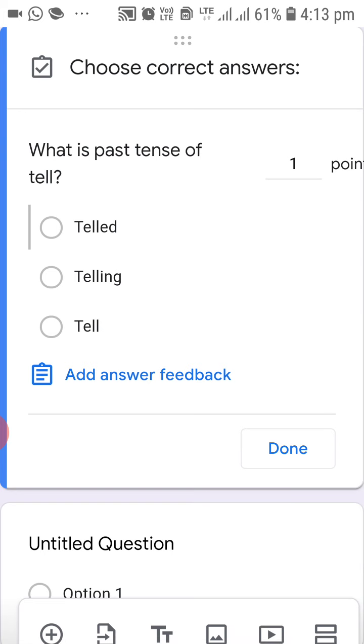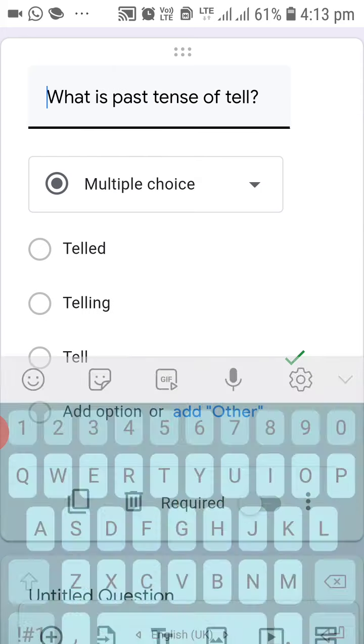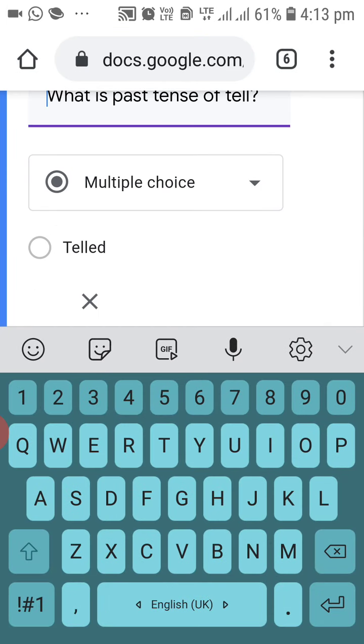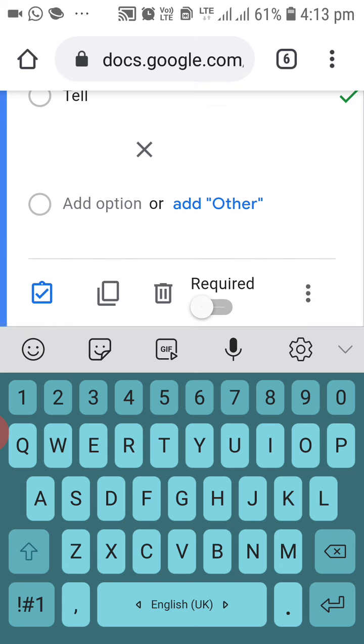Right. So the correct answer here, I have not given the correct answer, but whatever the correct answer is, you have to click on that correct answer, and then you have to click on done. For example, suppose I click on this correct answer, and if I click on done, so here this is done, right?